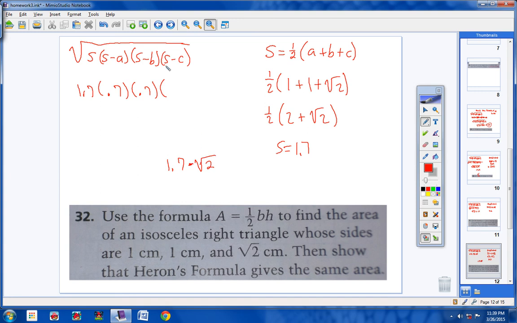Okay, S would be 1.7, and C would be your third side. So 1.7 minus square root of 2 is 0.29. And the square root of all that. So 1.7 times 0.7 times 0.7 times 0.29